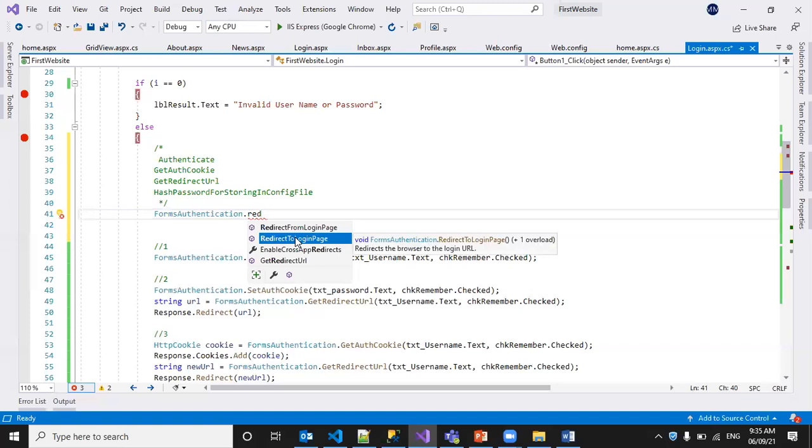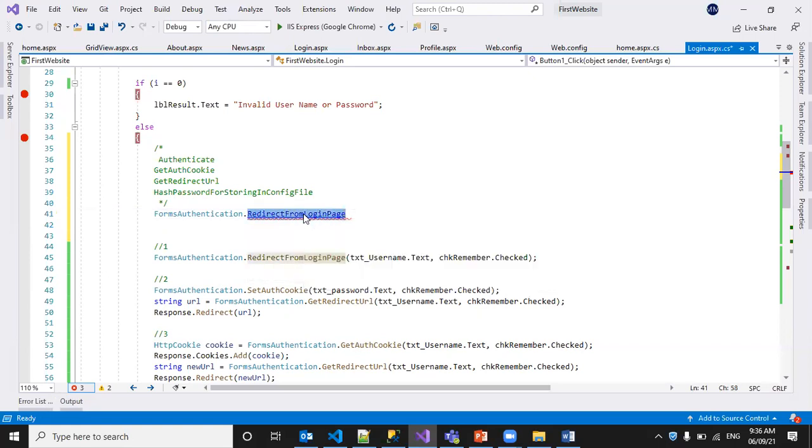Okay. Redirect to login page. If you are not an authorized user, it redirects to the login page. To control that manually, we can use this method, redirect to login page.